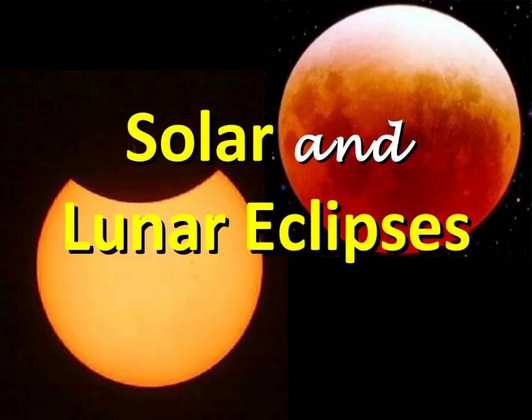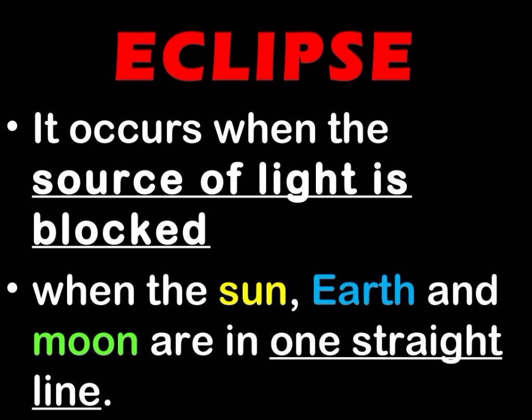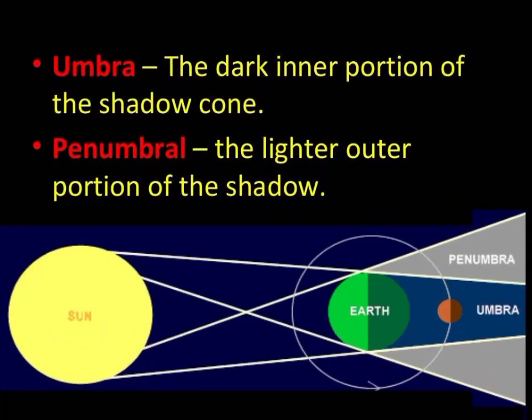Solar and lunar eclipses. An eclipse occurs when a source of light is being blocked, just like when the sun, earth, and moon are in one straight line. Lunar eclipse happens when earth is in between the sun and moon. And during lunar eclipse, we have what we call umbra, which is the dark inner portion of the shadow